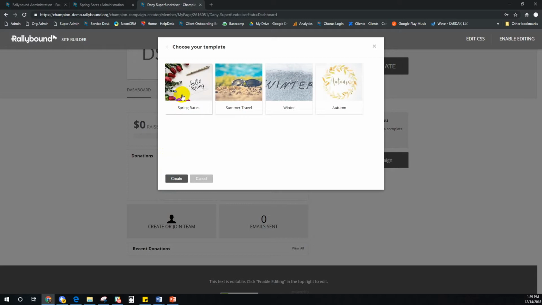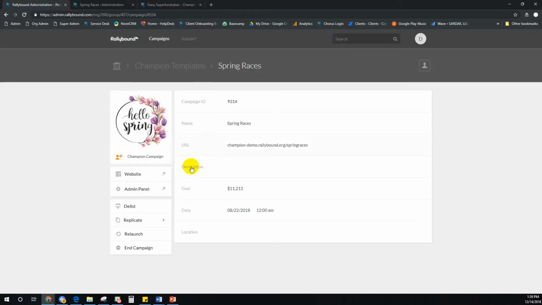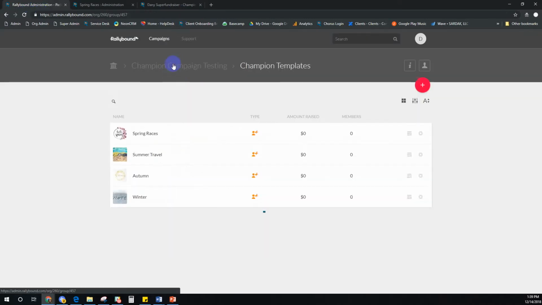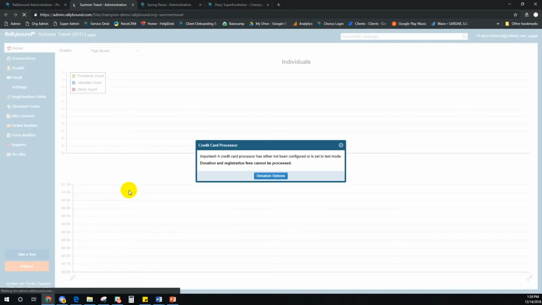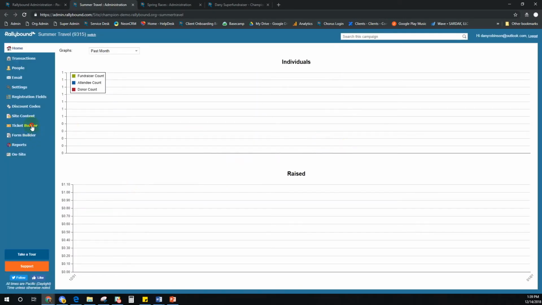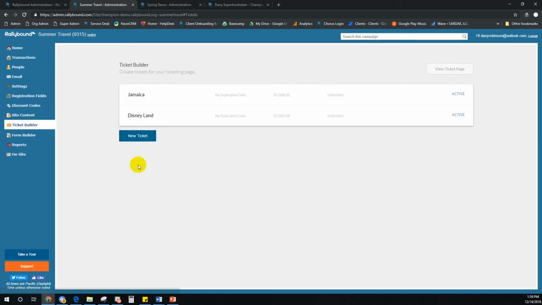admin had set up. When you go back and you set this up, you might want to set one up that allows you to sell tickets. And so here in the back end of summer travel, just as an example, I have set up some sample tickets. Now, it's up to you whether or not that champion fundraiser has permissions to edit these tickets, because maybe